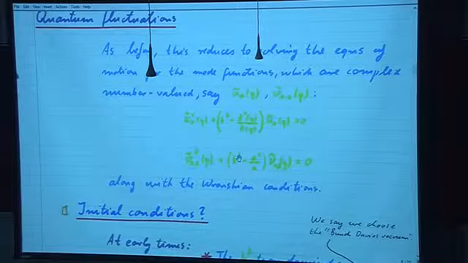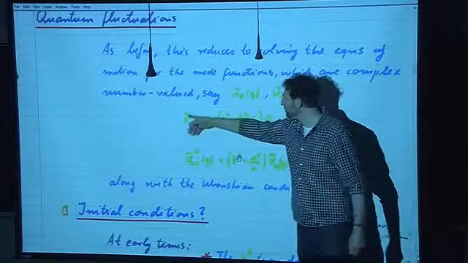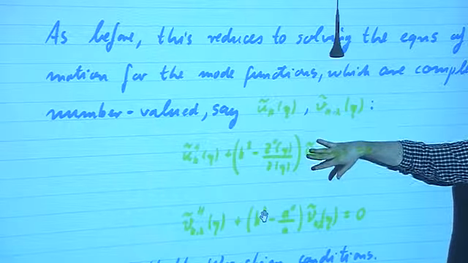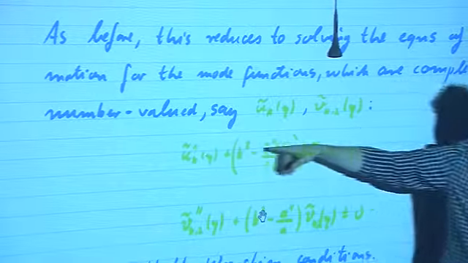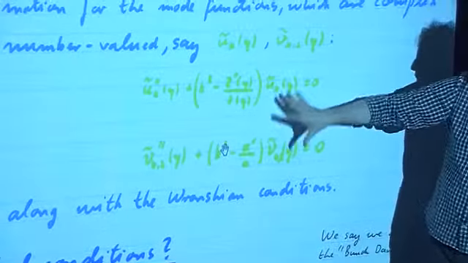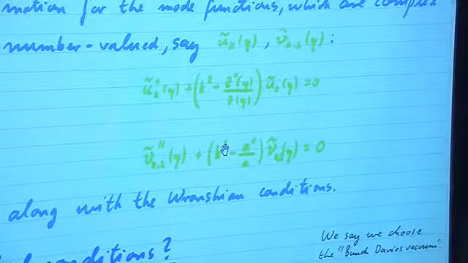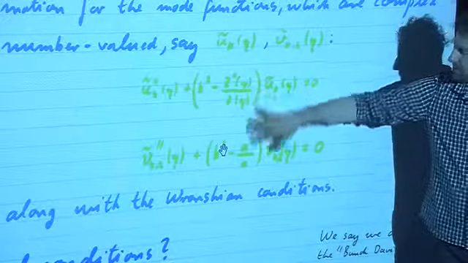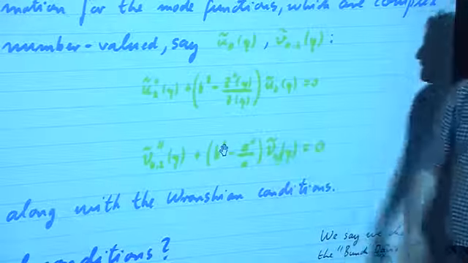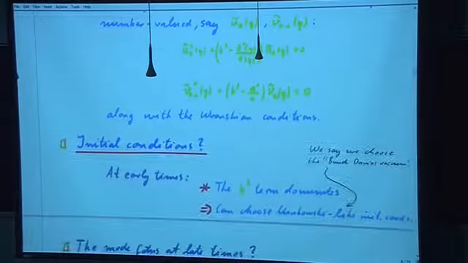So here are the equations of motion then for the mode functions. Let's call them U tilde, just to indicate that these are number-valued functions, as opposed to the ones with the hats, which were the operator-valued functions. So the U tilde and the V tilde are the mode functions, so they're complex number-valued functions of time for every k. They have to obey the Klein-Gordon equation. Remember, for the Mukhanov variable, it's really the z, not the a. And we have to set initial conditions